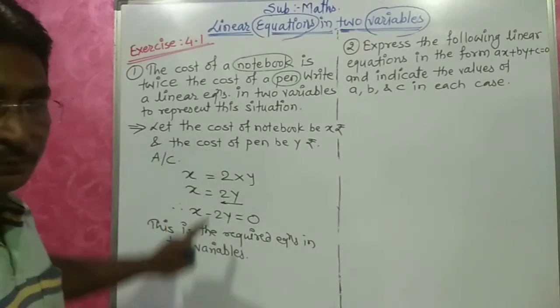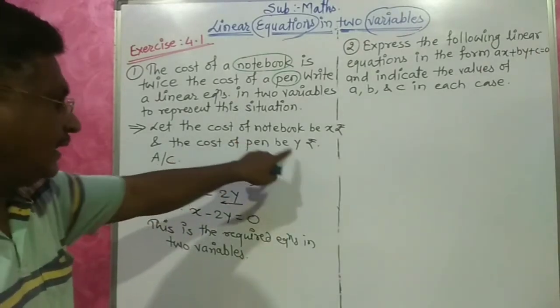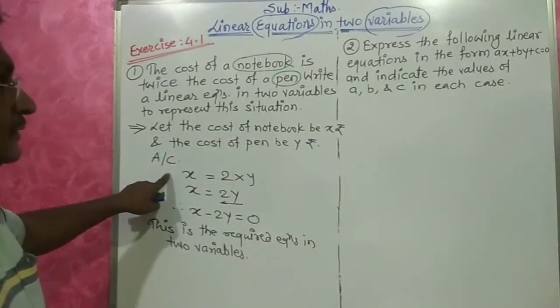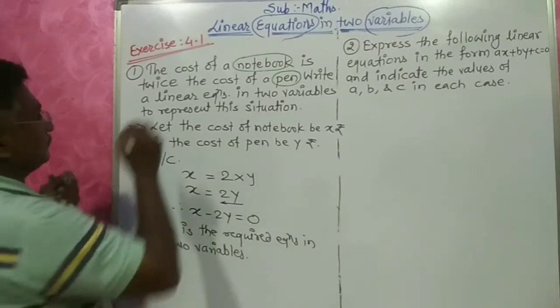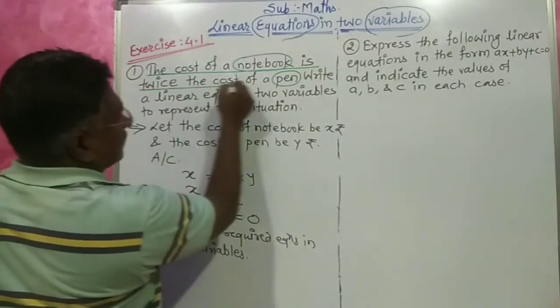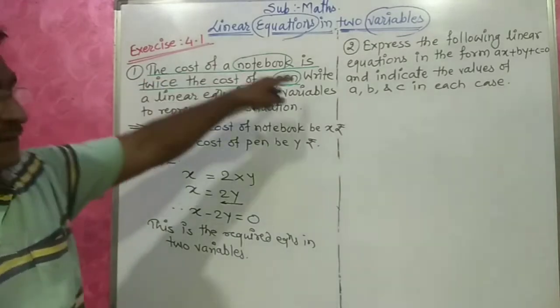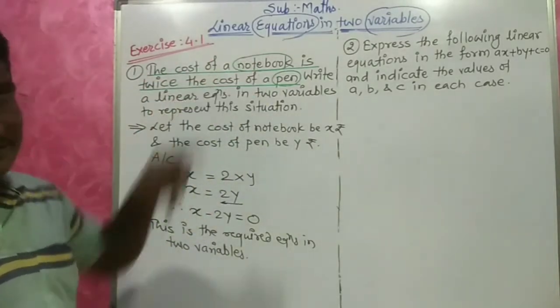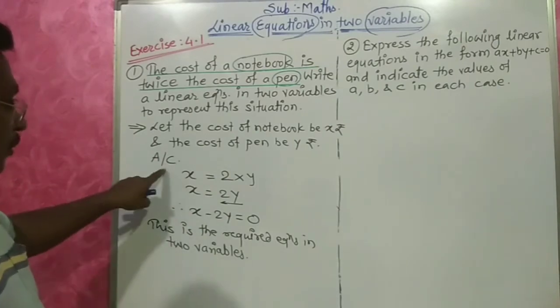Understood, student, how to form the equation, how to distribute the variable, how to apply the condition. So this is the condition here. This one is the condition. Whatever I underline, that is the condition. Whatever I circle, those are the two things. Okay, student? So according to the condition.